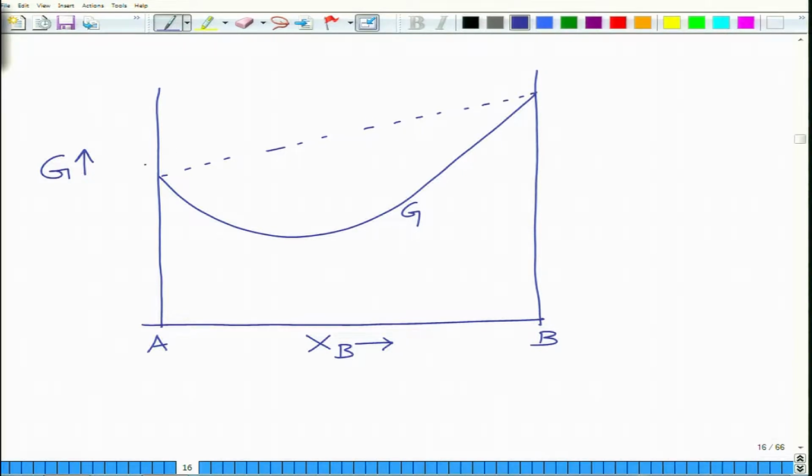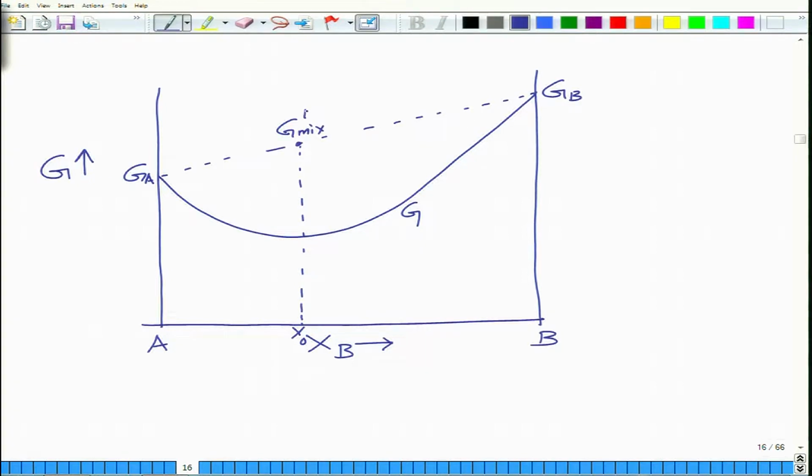So, this is G A in that phase and this is G B in that phase, and for a composition X naught, this is the G of